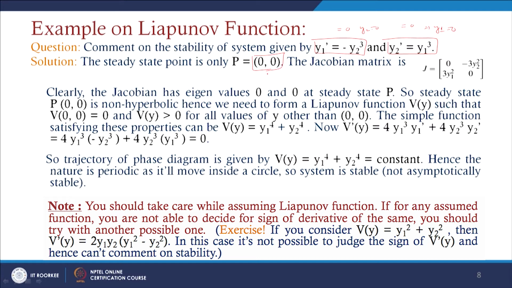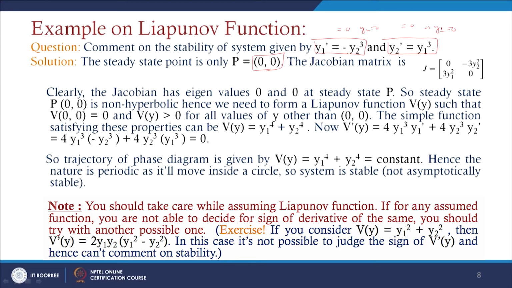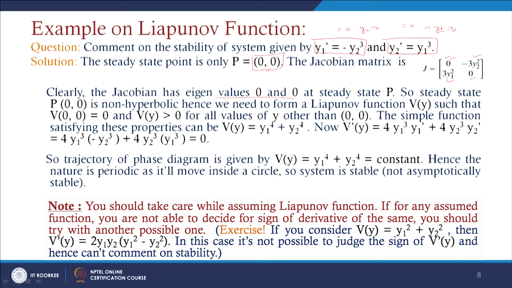And if you consider the Jacobian here, it is represented by the first differentiation with respect to y1. There is no term associated with y1, so that takes the value 0. If you take the differentiation with respect to y2, that is -3y2^2. For the second function, differentiating with respect to y1 gives 3y1^2, and there is no presence of a y2 term, so that takes 0. Clearly we can find that the eigenvalues are 0 and 0, since the diagonal entries at the steady state are zero.